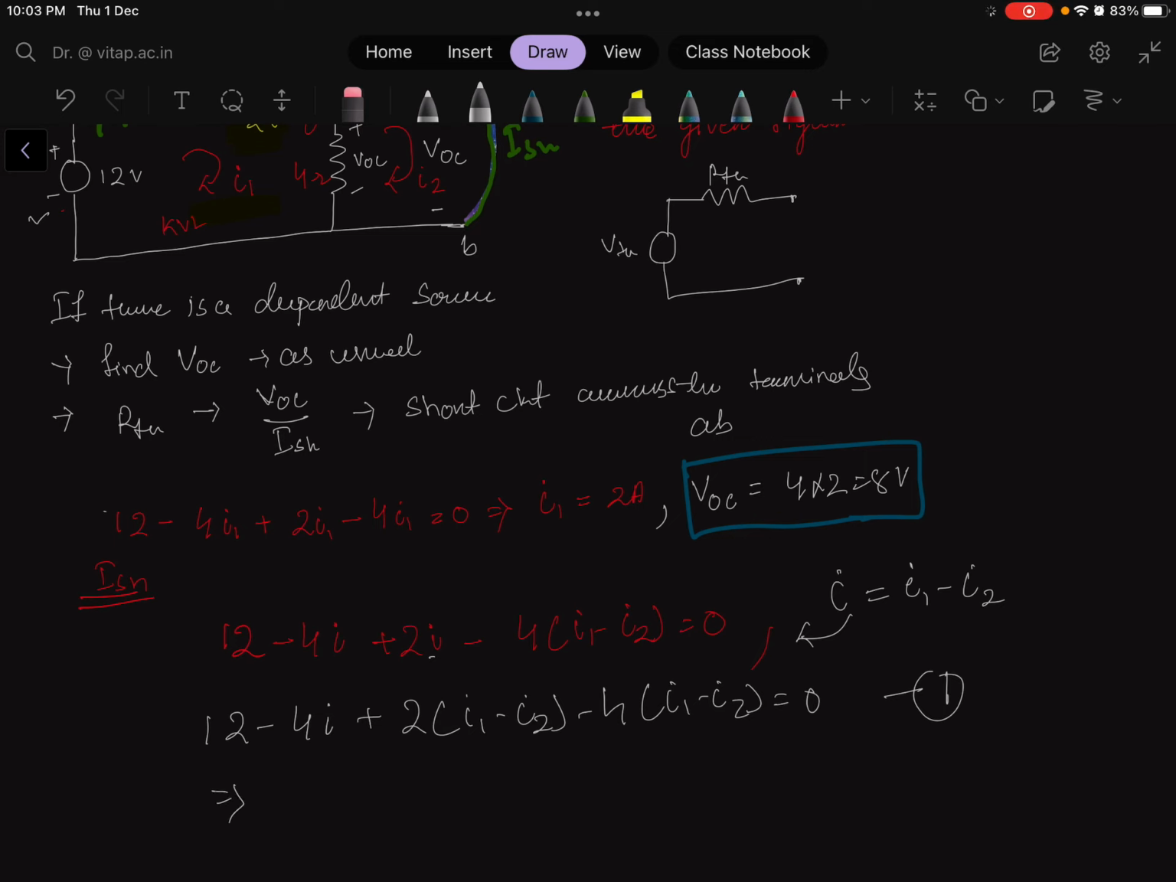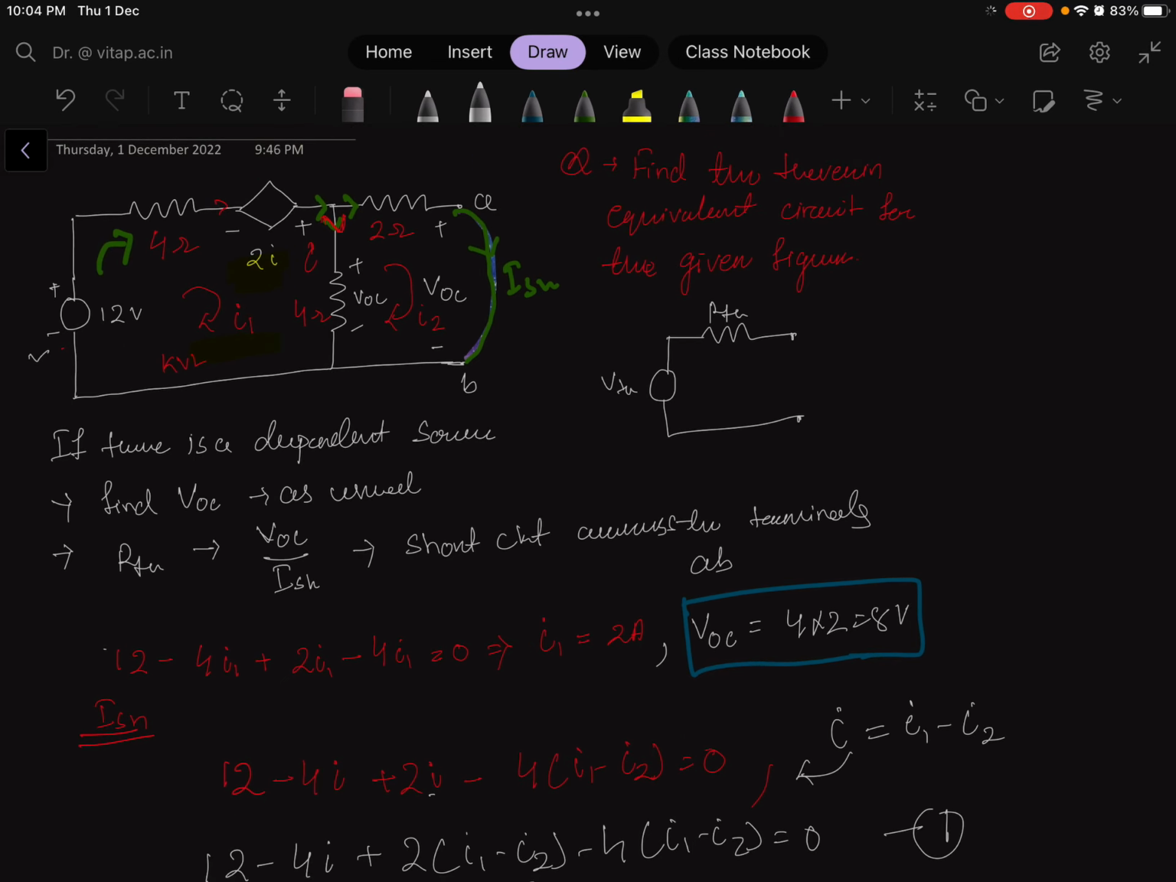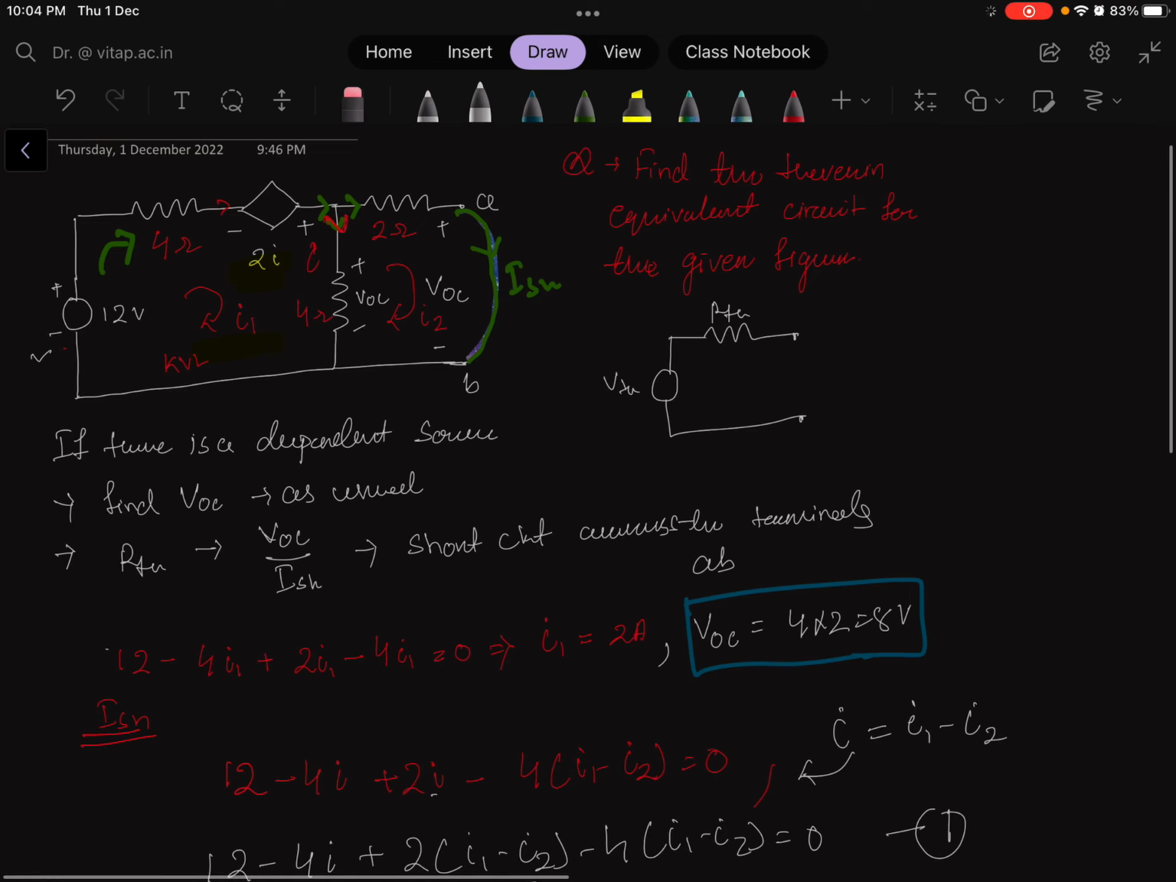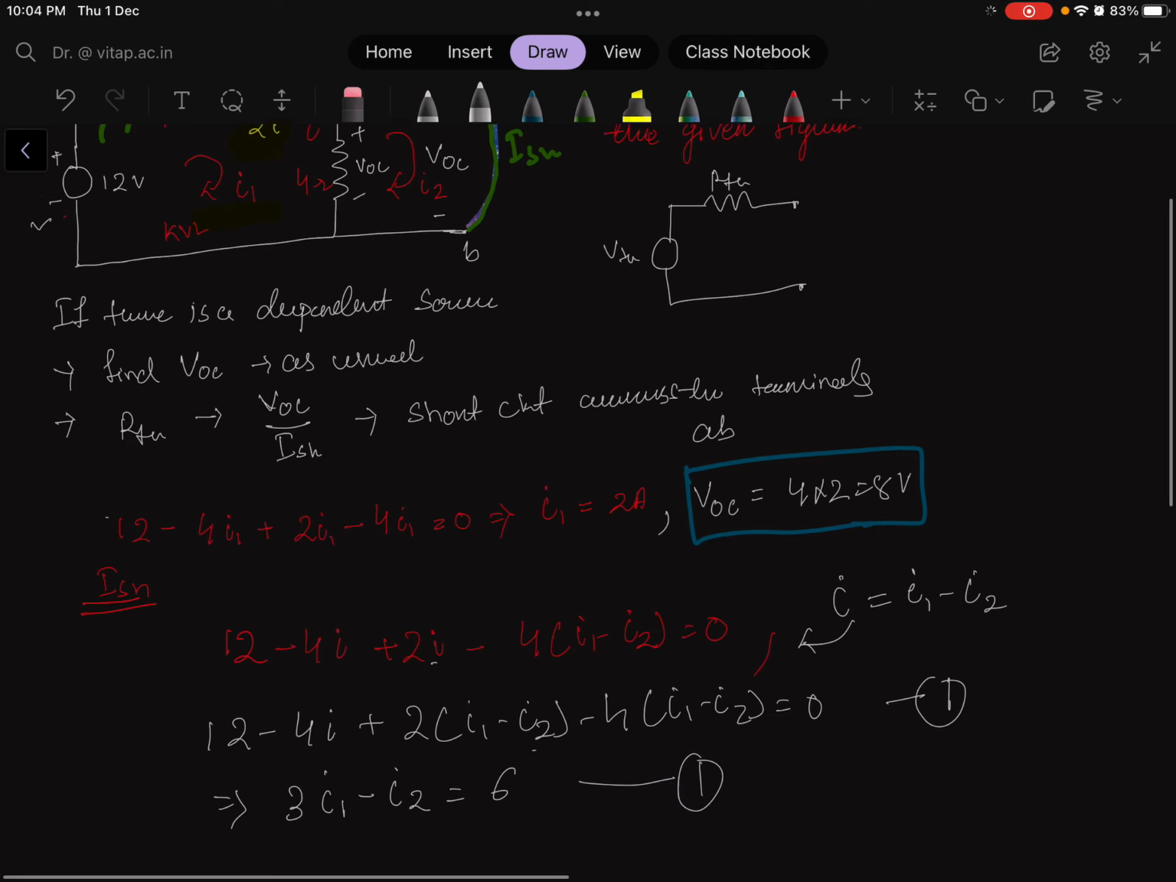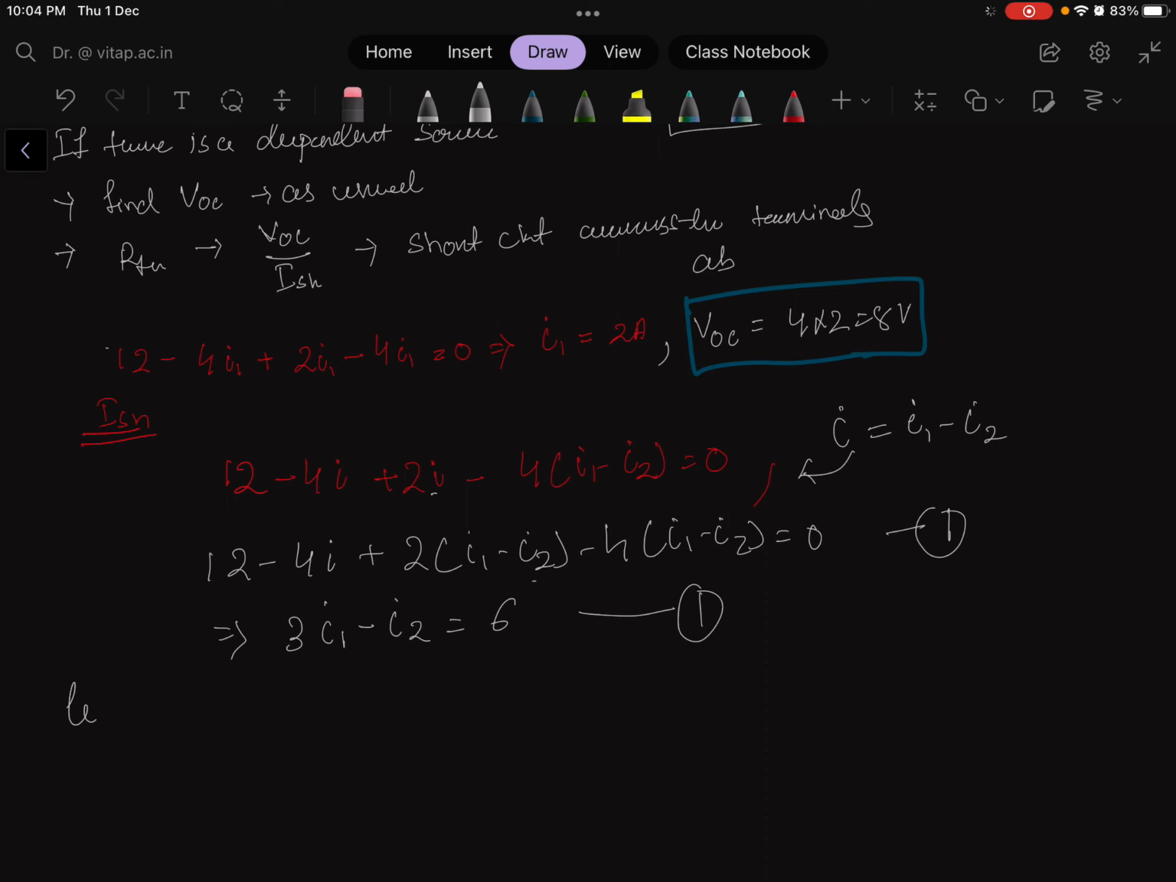Again if I solve this, I will get 3 I1 minus I2 is equal to 6. So I will consider this as my equation number 1. Okay. Next in the loop 2, what can I write? See here in loop 2, I can write 2 I2 and minus 4 whole into I2 minus I1. Okay. So for loop 2,